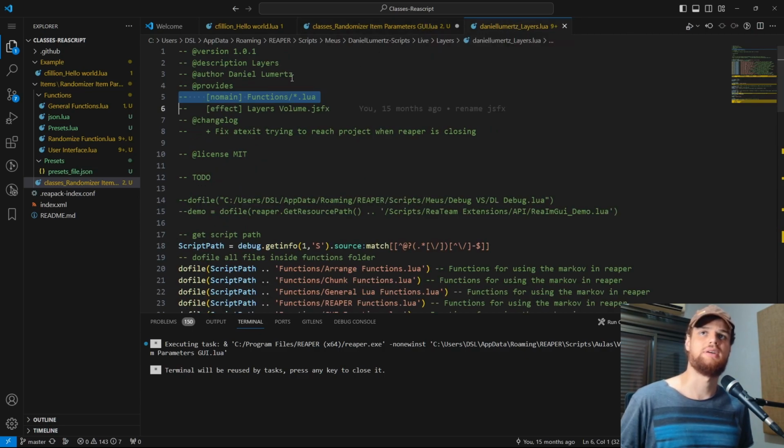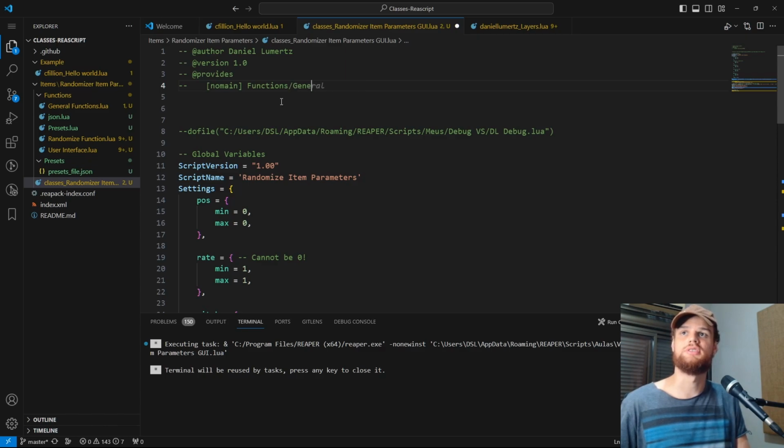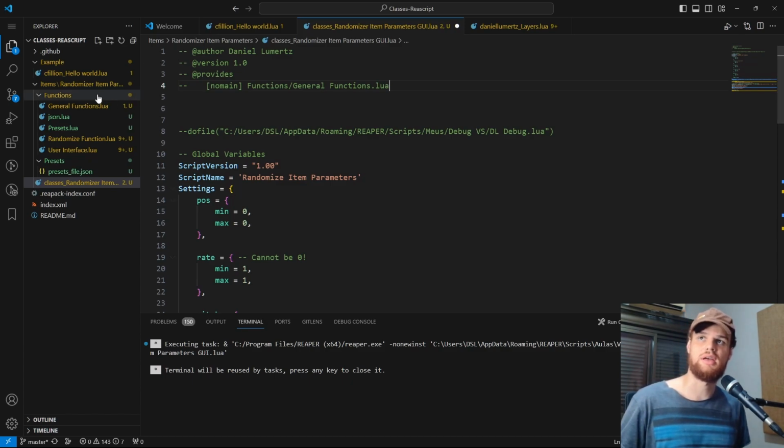I am copying a little from the other code that I made, and then you put the file that you want. So for example, functions slash general functions.lua. Okay, and then you go to every other file that you have,